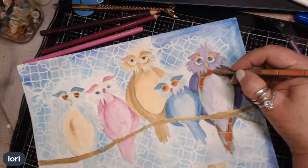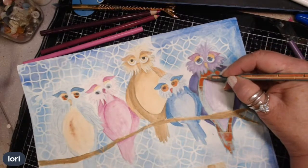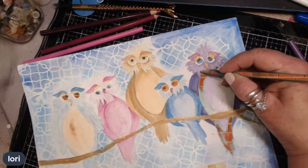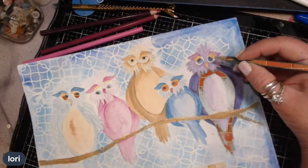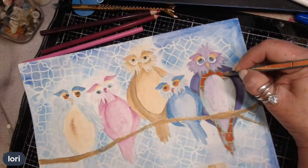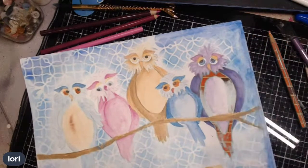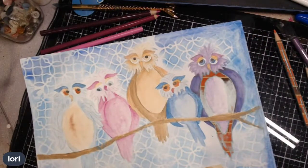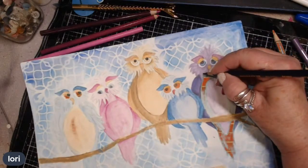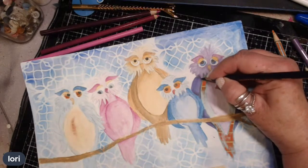But when I pull down that dark green, then I come back over top with my original green color. In this case, it's the true green. And then for this one, just to show you something different, I'm going to use the indigo. Let's use the indigo blue to come back up in here and try to really deepen